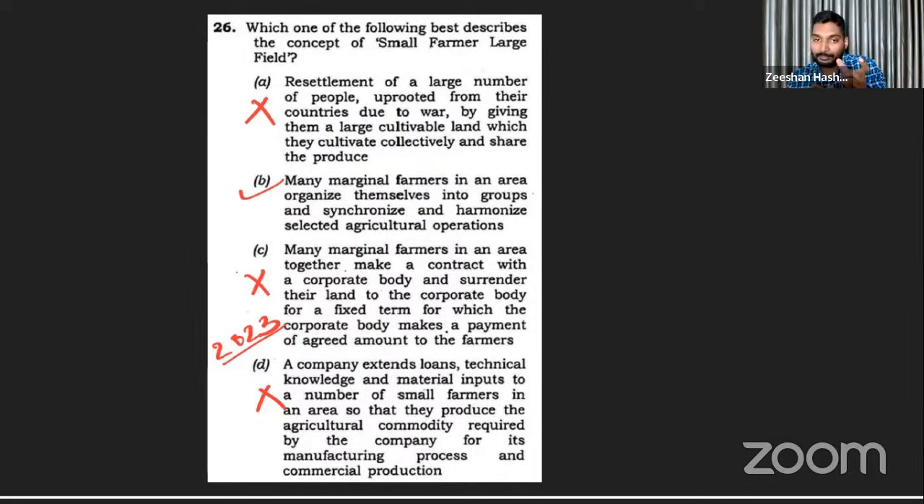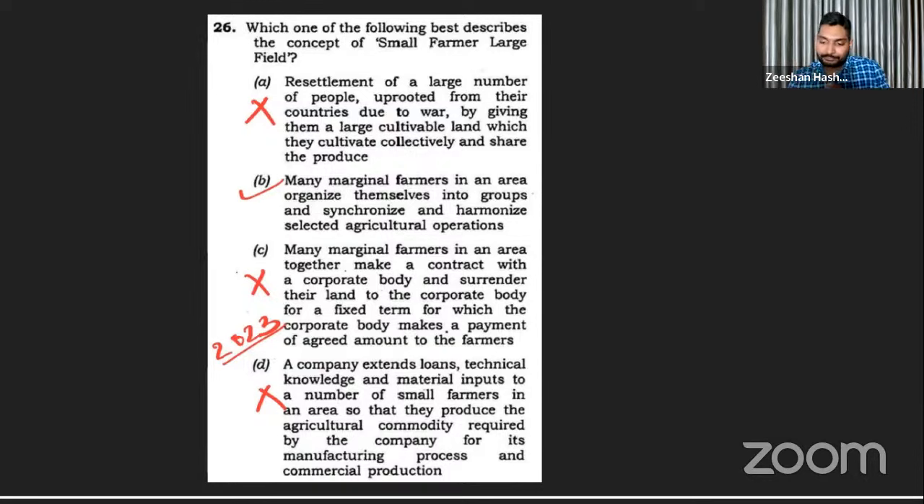So small farmer, large field. Large field कैसे हो रही है? Because they are coming together. Farmers are coming together. They are organizing. They are synchronizing. They are harmonizing and enhancing their operations. So it is a very progressive statement. Compared to option D, option B is more progressive. Again, assuming that we don't know the correct answer, but using wordplay, small farmer, large field, we mark option B